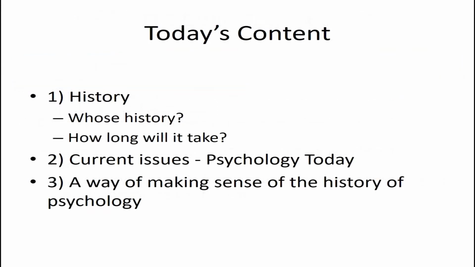So today, here is what we will cover. We will look at history, i.e. psychology over time, outlining the approach that will be taken in terms of whose history are we looking at and how far are we looking back. Then I'm going to give you a quick view of what psychology looks like today, i.e. current issues, and I'll be picking up on a couple of controversies our discipline has recently been confronted by. And from that, I will be giving an explanation for a particular way of making sense of the history of psychology.